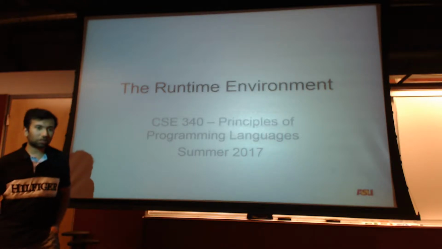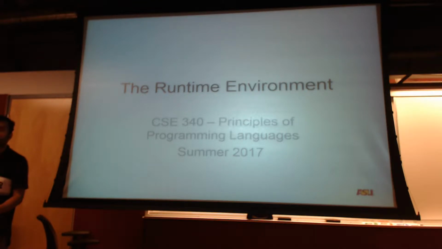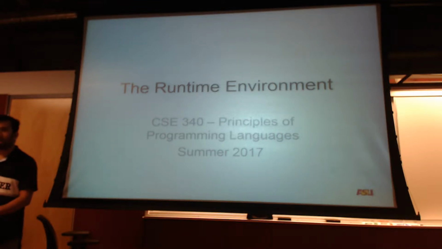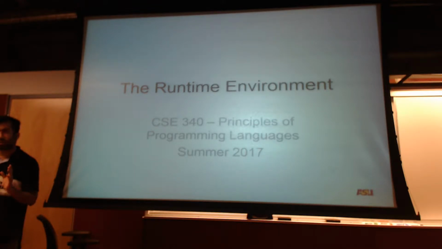So if you have a garbage location and you try to access it again, some runtime environment might give you 0, some other runtime environment might give you some random value. Again, if we take a variable and free or deallocate it, and we then try to access the deallocated location, so a dangling pointer, then depending upon the runtime environment, you get different results. So we now will discuss the runtime environment, how different runtime environments work, what they do,